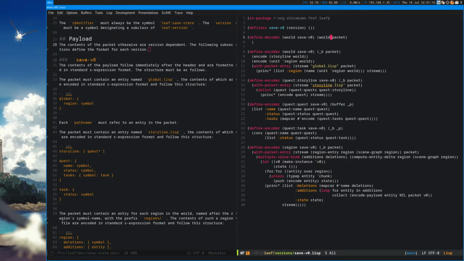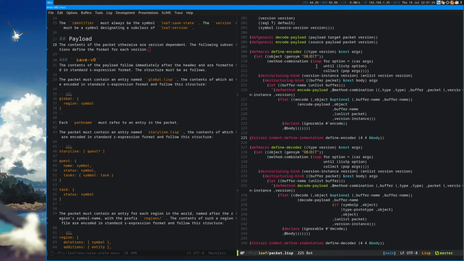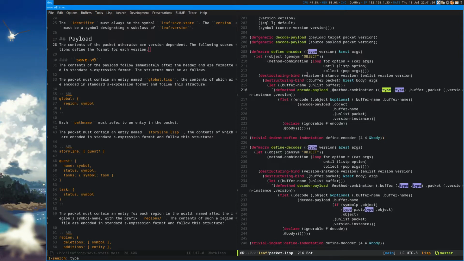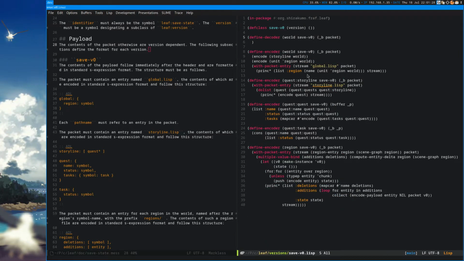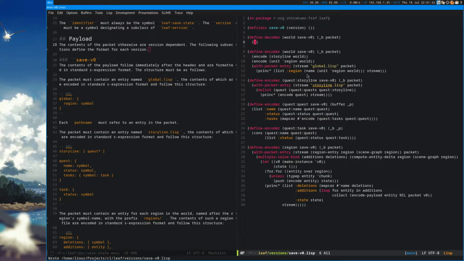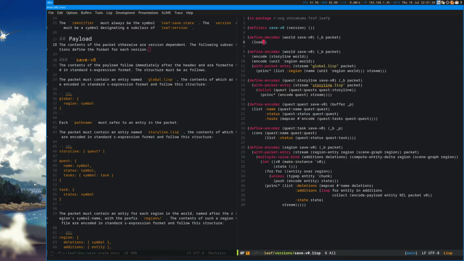We have the world. Wait, I'm confused now. What does the decoder look like? Type version. Type. Okay, never mind. So now we load region.